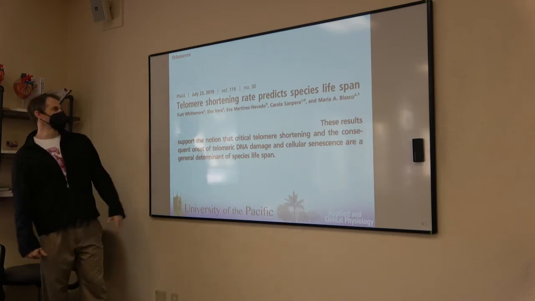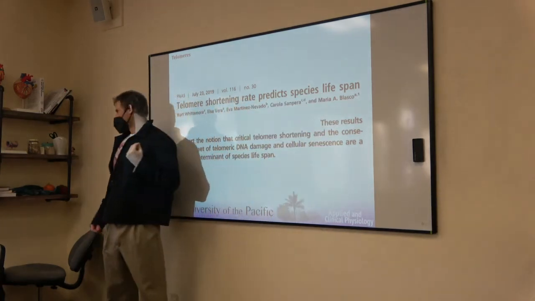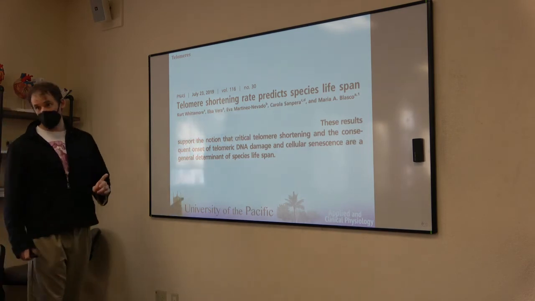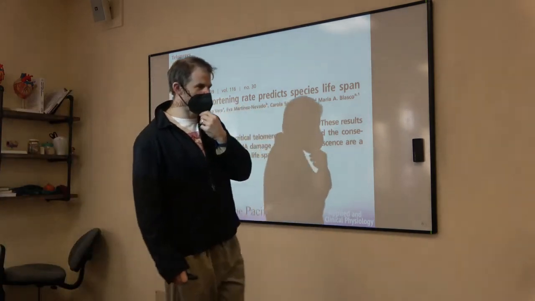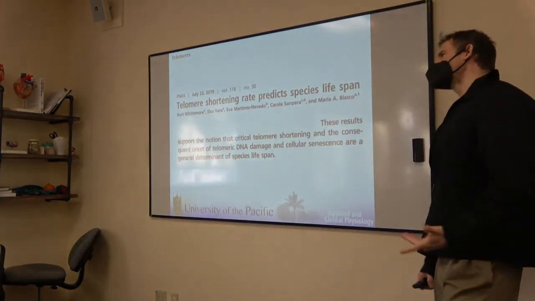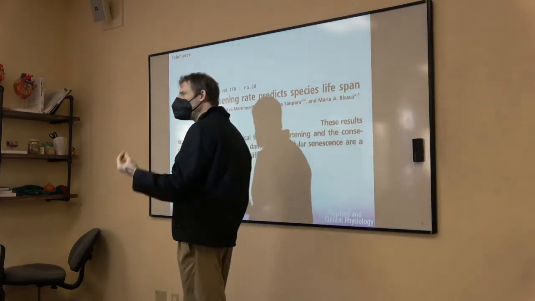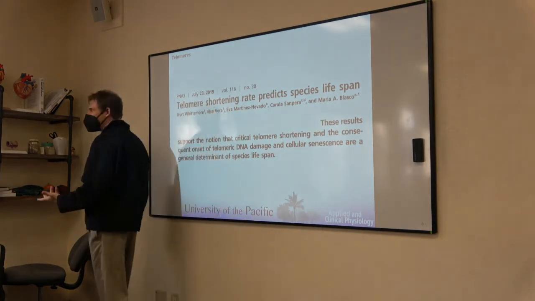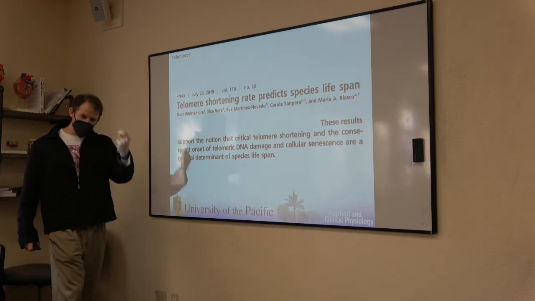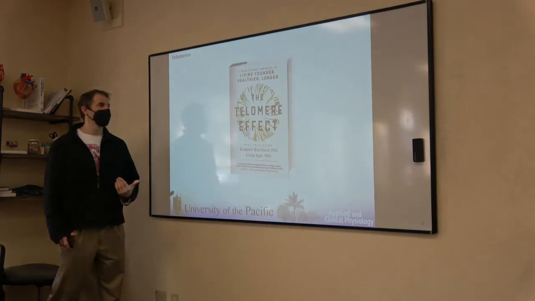You don't even really have to read this one. Telomere shortening rate predicts species lifespan. The title is bold enough. Now, you can't compare one species to the next and say, well, rats have super long telomeres, so why aren't rats outliving lobsters? But when you look at the rate of shortening within an individual species, and all we really care about is people and maybe your pets, the rate of telomere shortening in us is a massive predictor of lifespan.